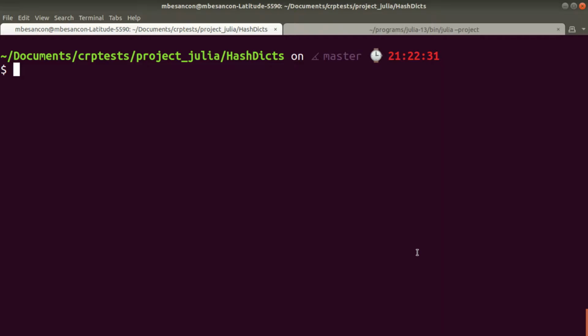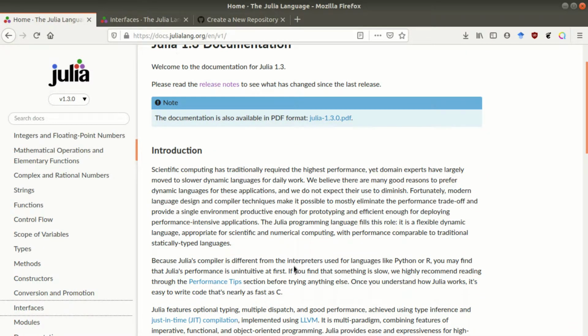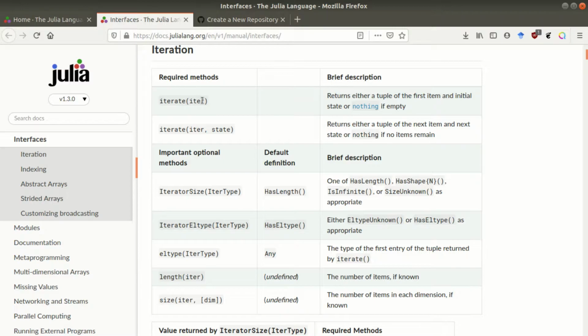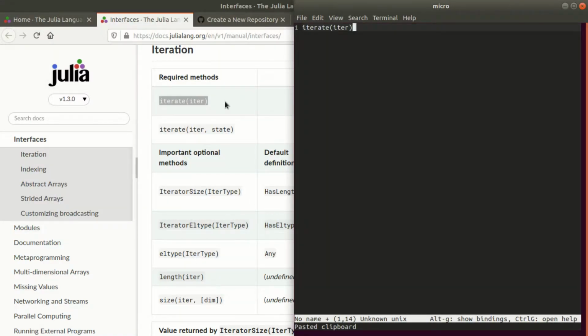Okay, so what do I mean by error in the iteration interface? If you look at the Julia documentation on the iteration interface, we define iterate and iterate with state, so we define these two methods for both our hashtag and the buckets that it contains. It's supposed to return a tuple of the first item and initial state. So let's make a note on the side, this, state this,